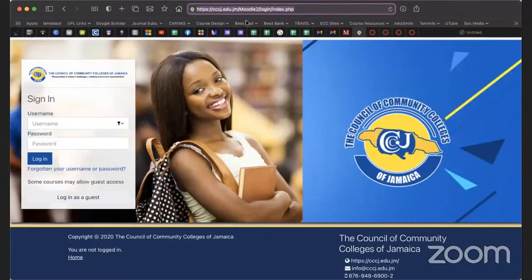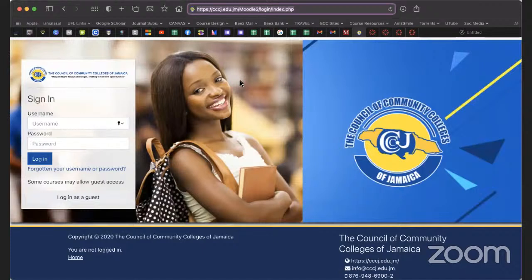I just wanted to quickly share with you the Moodle site for some of you who may not have seen what that looks like, and show you where you'll be logging in. So this is the Moodle site that you'll be logging in. ICT will already have, either some of you may have gotten them already, or you will be in the process of getting them, because it does take time to load everybody up.